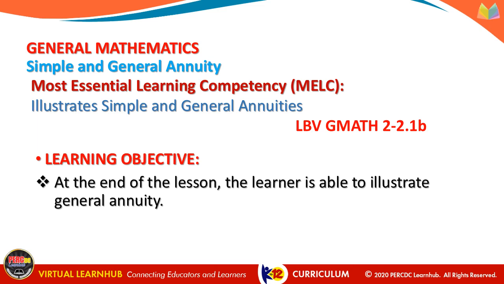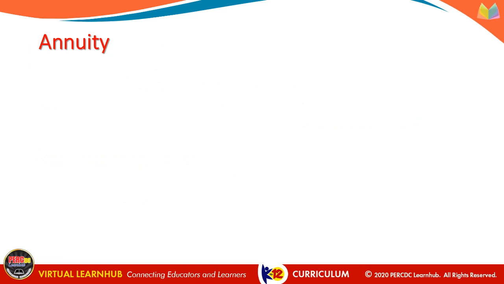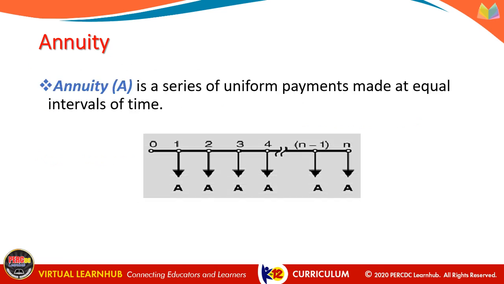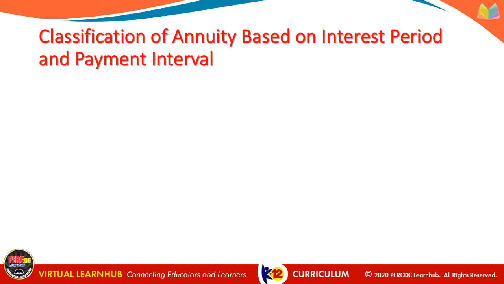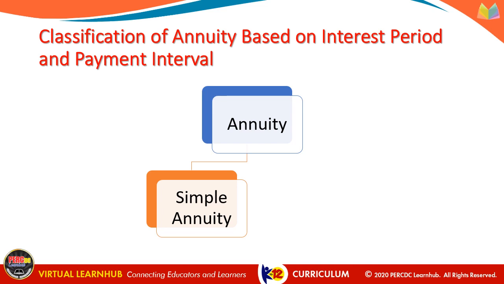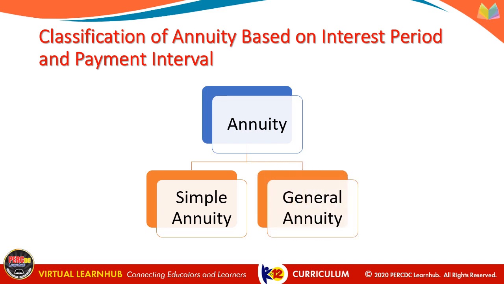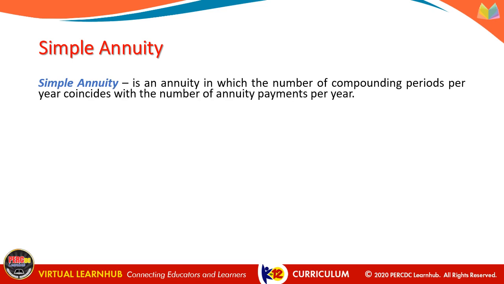Let's get it on! From the previous lecture, we learned that annuity is a series of uniform payments or fixed amount of money made at equal intervals of time. That can be annually, semi-annually, quarterly, or monthly. There are several ways to classify annuity. Based on interest period and payment interval, annuity can be simple annuity or general annuity. Simple annuity is an annuity in which the number of compounding periods per year coincides with the number of annuity